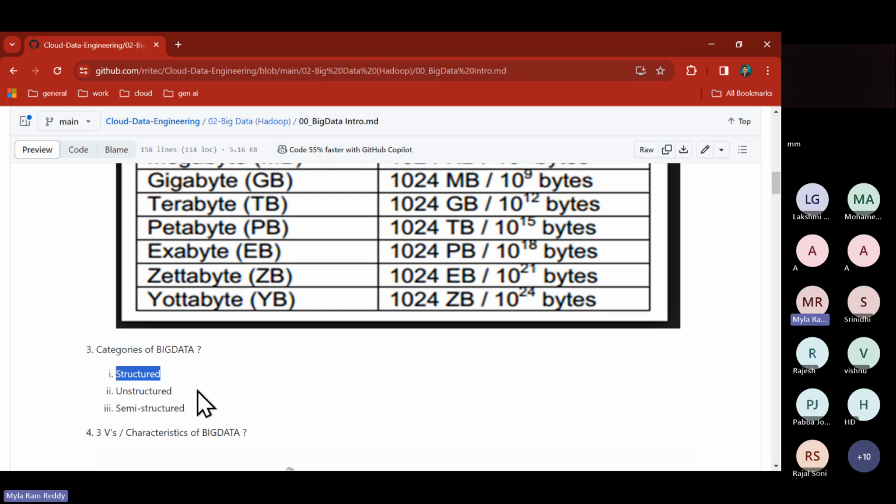Now, what do you mean by unstructured data then? Unstructured data is, suppose now I am speaking. Whatever I am speaking, if you record it, this is one file, right? That file, can you organize as rows and columns? No. Some video file, some audio file, some image file, some log file, all these things fall under